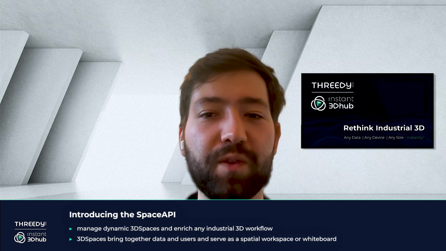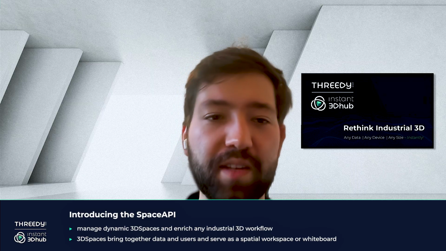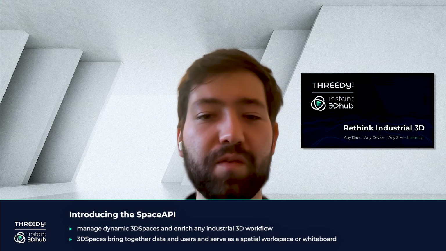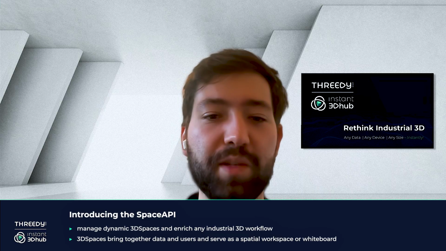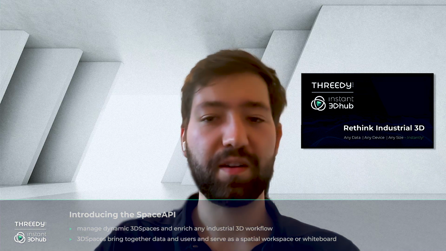In this release, I'm stoked to introduce 3 new APIs. First, the SpaceAPI now gives you full access to create and manage 3D spaces. Think of them as a spatial workspace or whiteboard for industrial 3D that knows no limits. 3D spaces are configurable to your needs and bring together 3D data with your users in a live collaboration setting